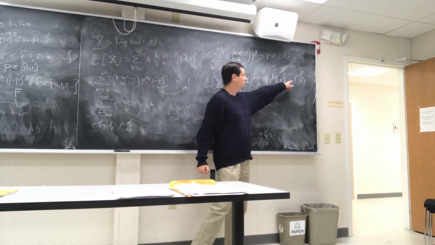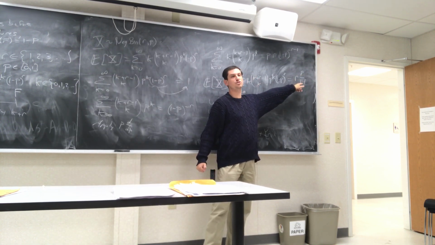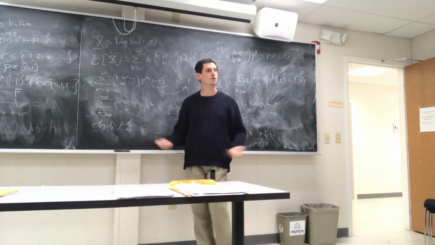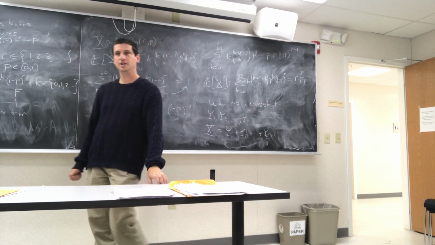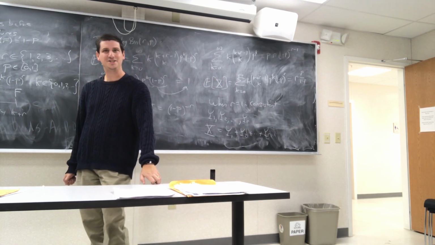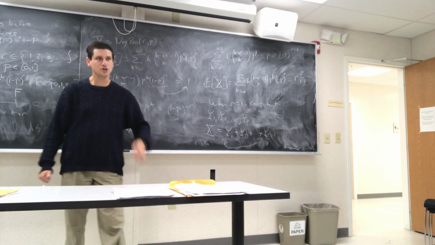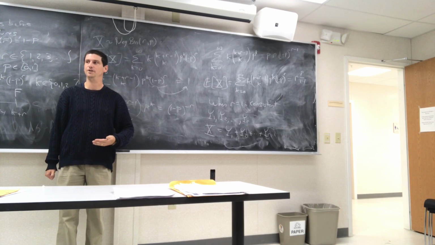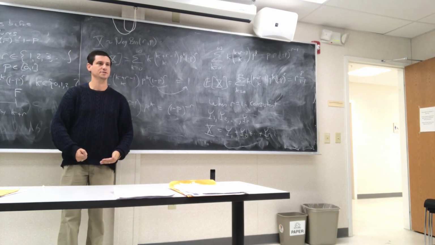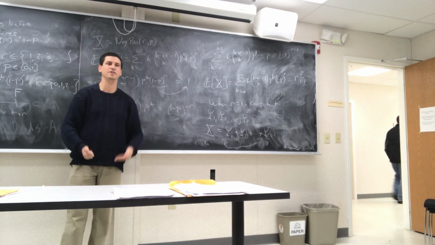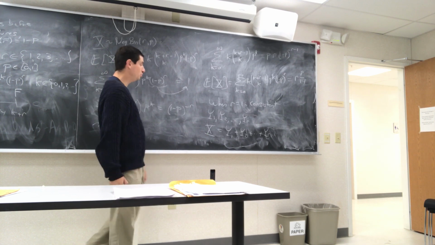And in fact, if you look at this, it's r times that, so that should suggest maybe you have some process going on. But it makes sense. If you're waiting for r failures, to get to r failures, you first have to get to 1 failure, and then to 2 failures, and then to 3 failures. So you could just keep going until you get a failure, and then that ends the first process. And then you go again until you get another failure, and that ends the second process. And so now,